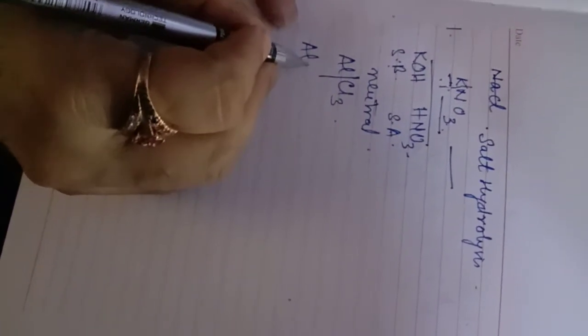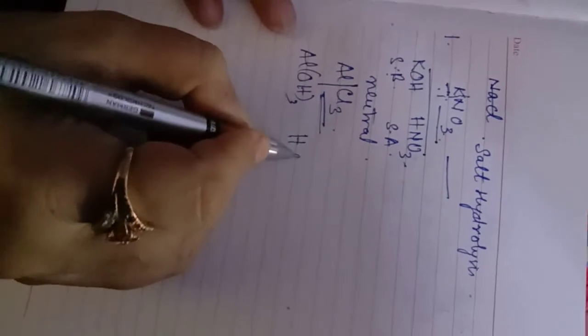Another example, aluminium chloride, AlCl3. Aluminium, we know, is a metallic part. It has come from base. So you can write aluminium hydroxide, Al(OH)3, or aluminium oxide also. Whatever you may want to write, suppose you have written aluminium hydroxide, and this is the chloride. So it has come from what? It has come from acid, which is HCl. HCl is hydrochloric acid.